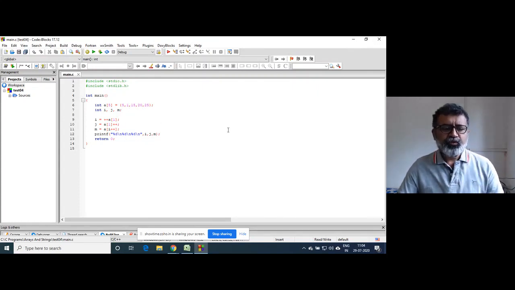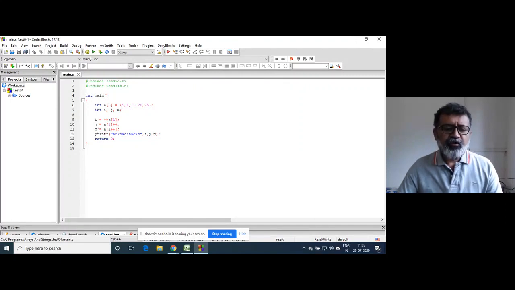That has been made as 2, and here A of I plus plus. So A of I, right now I contains the value 2, right? So that I plus plus is done. So I will become 3. Right? So the value of I will be printed as 3.